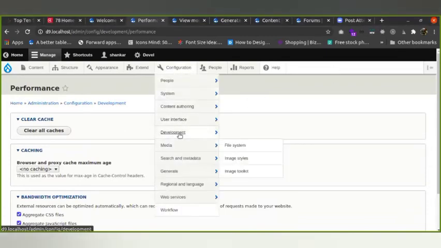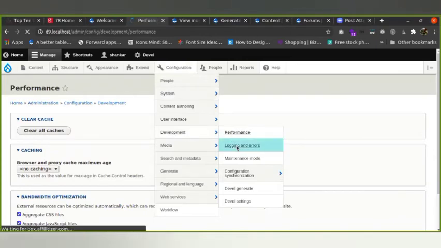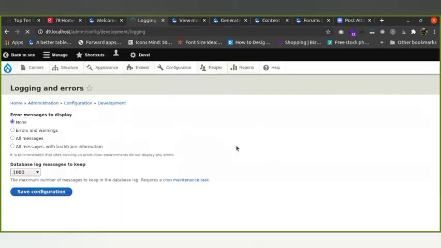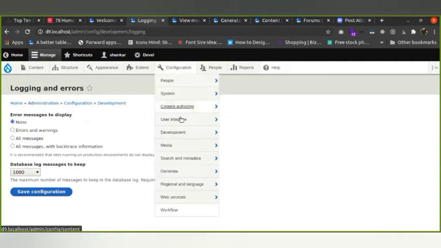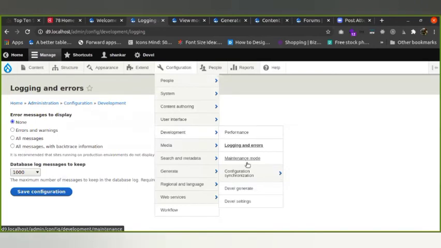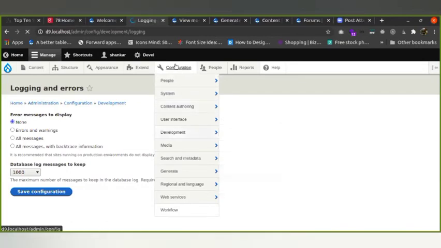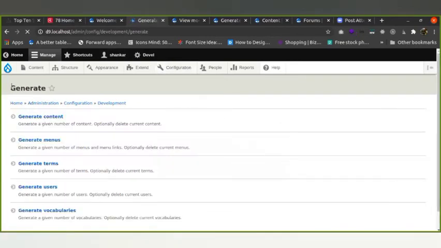Then I can talk about logging and errors. If you have enabled log messages, you can change the logging message according to this option. Then maintenance mode. Yes, this is the Devel generate. We can see it now.